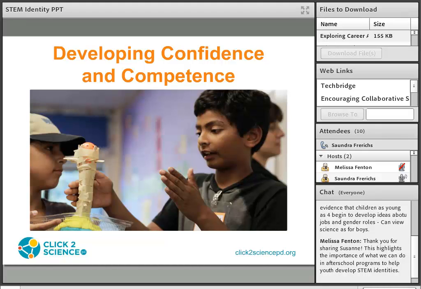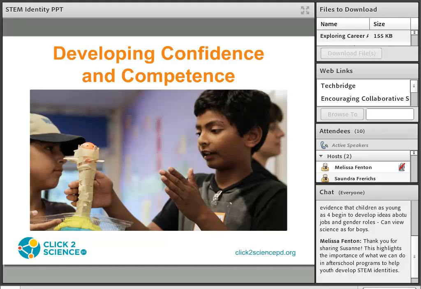When youth connect with role models that they find relatable, whether that be virtually or in person, they begin to see themselves differently. A role model doesn't necessarily have to be the same race or gender to be relatable, but connecting with that person in some way is essential. Since we can't always know who youth will connect with, having a variety of role models is really important for them.